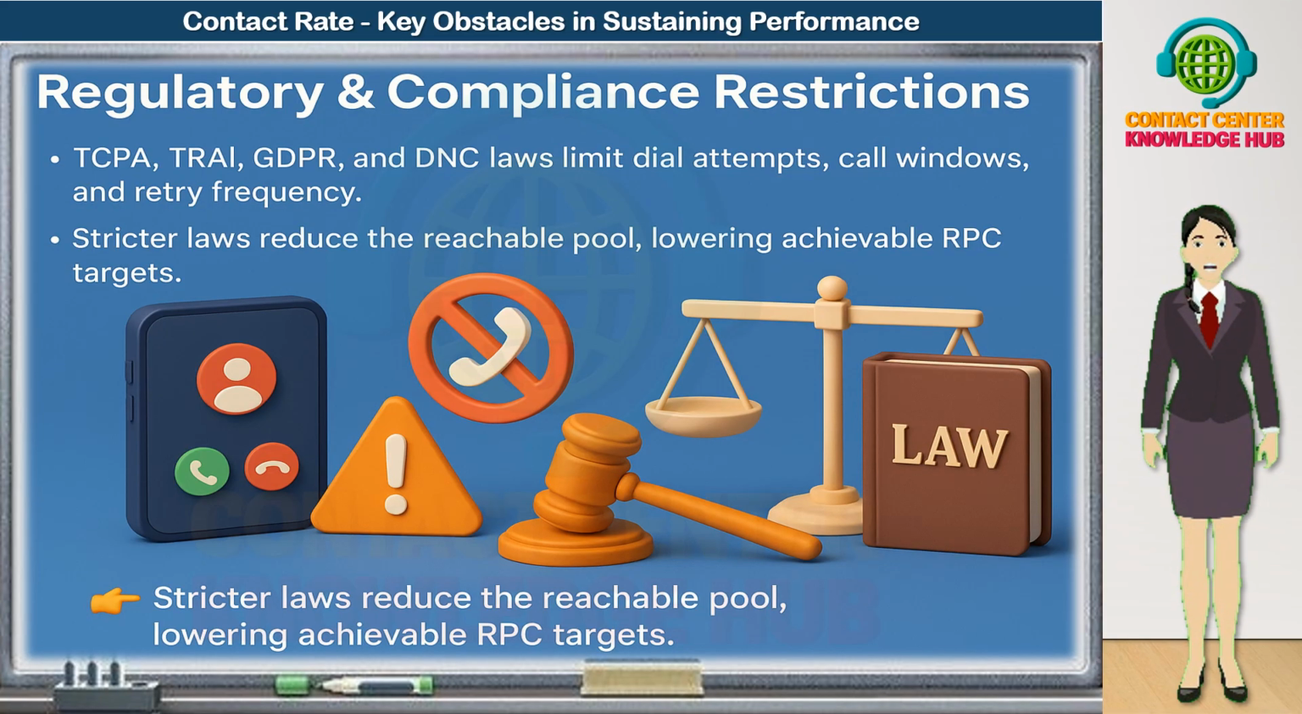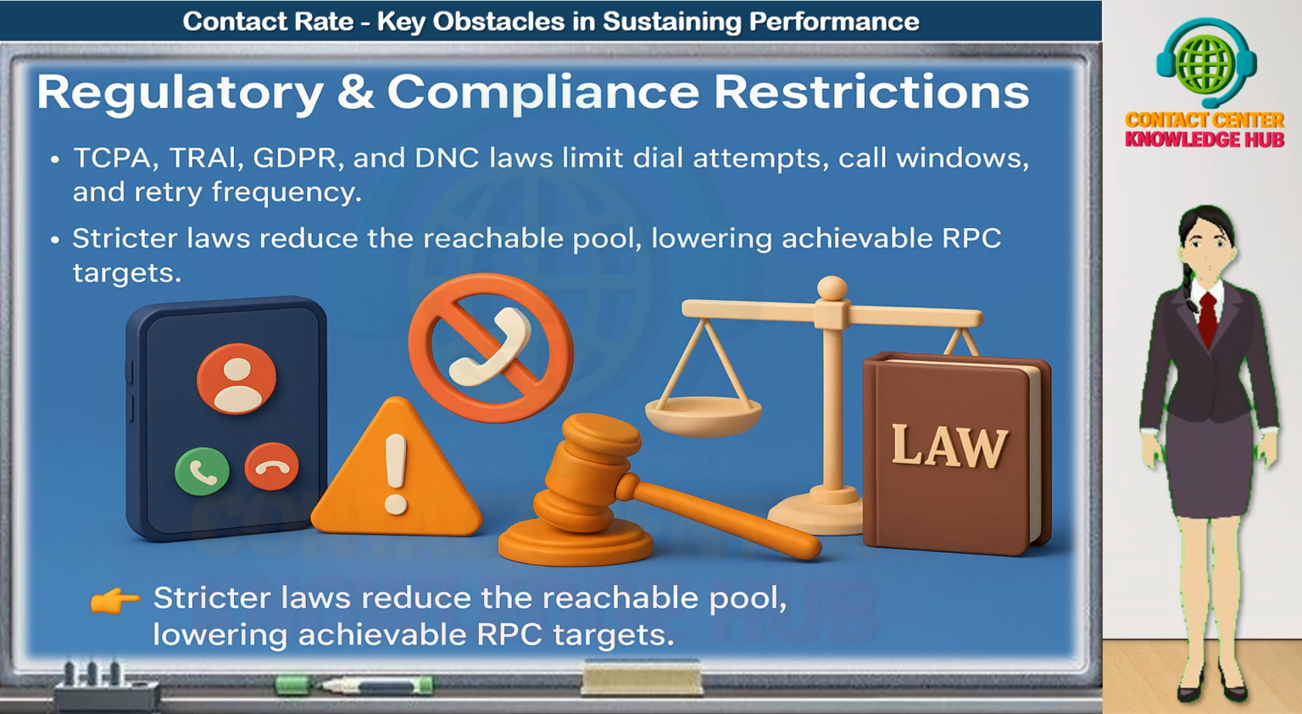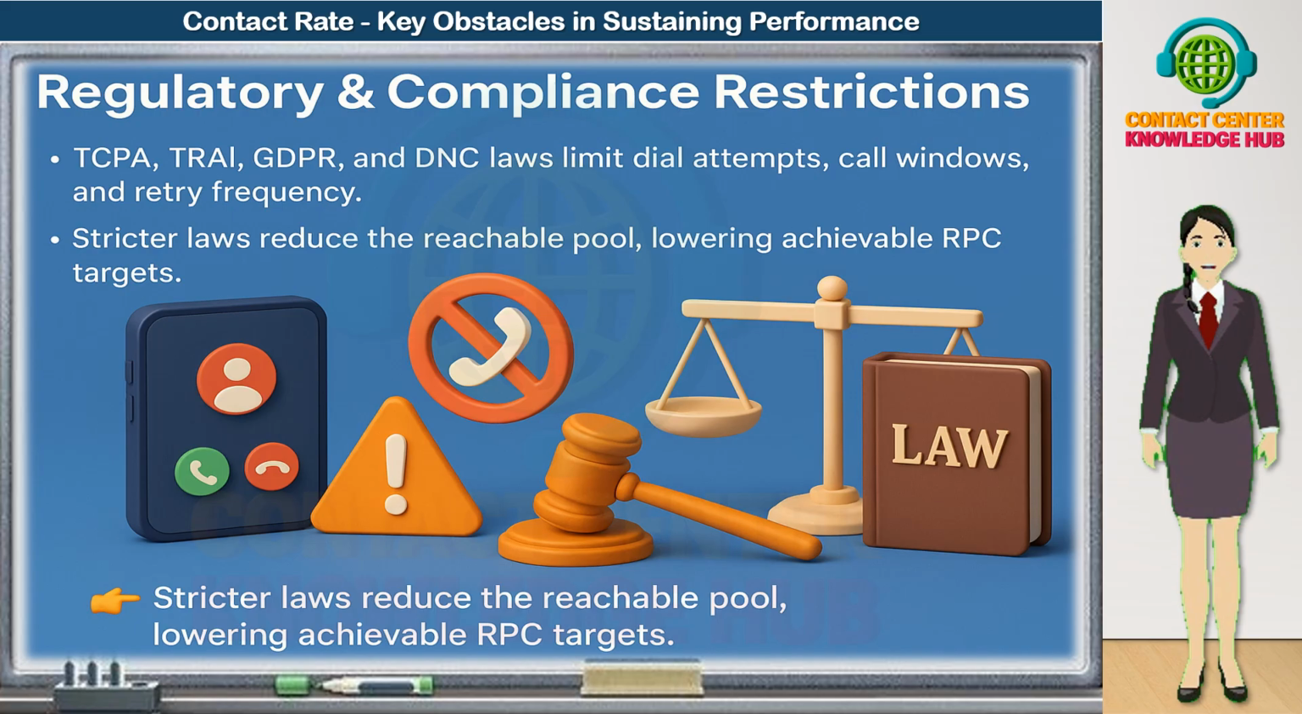Another major challenge that impacts contact rate comes from regulatory and compliance restrictions. Laws such as TCPA, TRAI, GDPR, and Do Not Call (DNC) regulations exist to protect consumer privacy and prevent intrusive or excessive outreach. They define strict boundaries on how many dial attempts can be made, the permissible call windows, and the